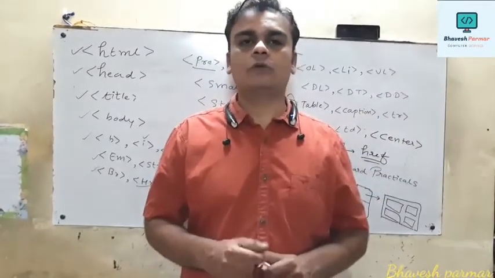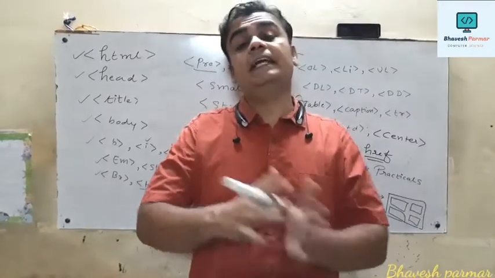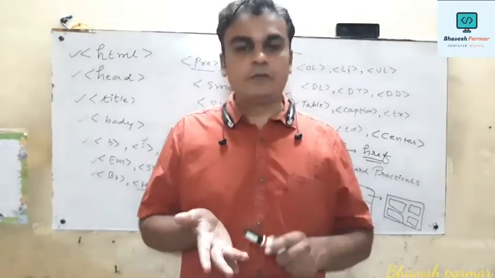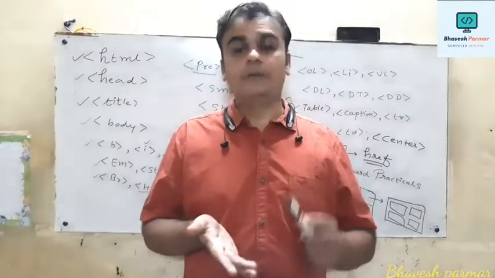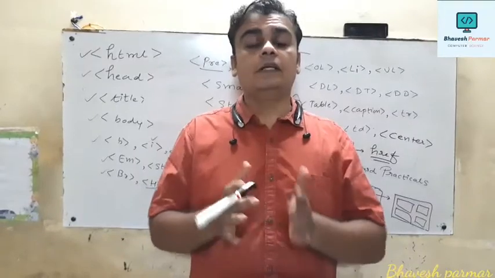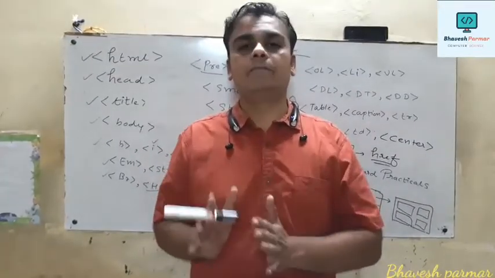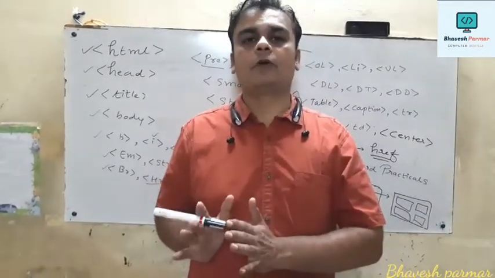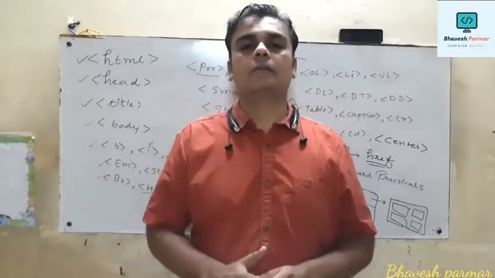Then the third type of hyperlink is what? In that case, we link our web page with any type of document. We can link a Word document, C++ program document, audio file, PDF document, Excel document, or PowerPoint presentation document. So we can connect these types of documents with our web page. So it is called link to other type of document format. So these are the three different types of hyperlink used in HTML.